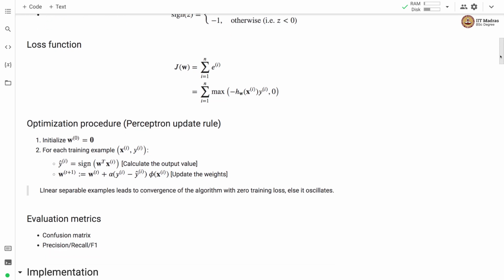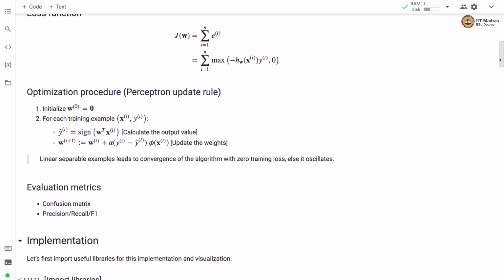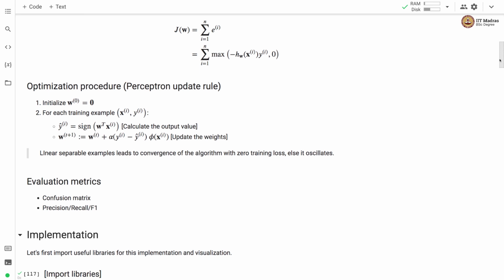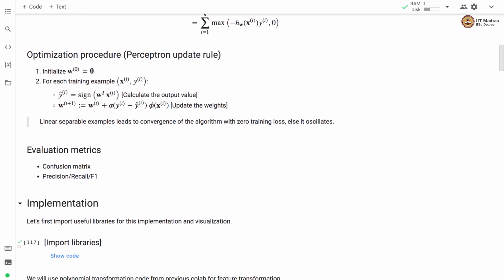Then we perform the weight vector estimation with an optimization procedure which is known as the perceptron update rule. In the perceptron update rule, we first initialize the weight vector to 0, and then for each training example we first calculate the label using the model, which is sign of the linear combination of features and the weights.